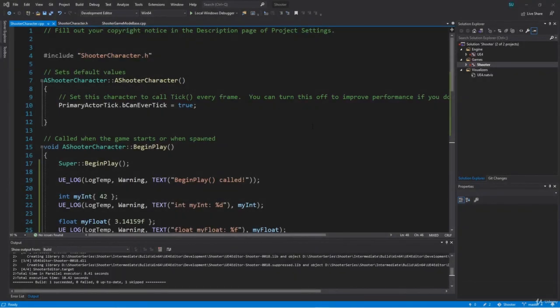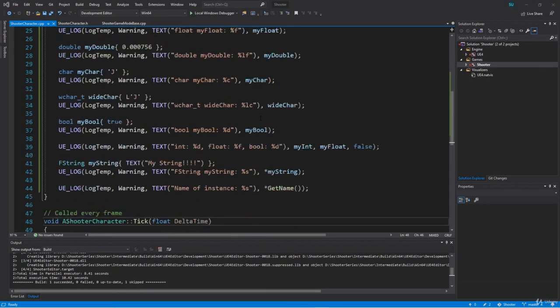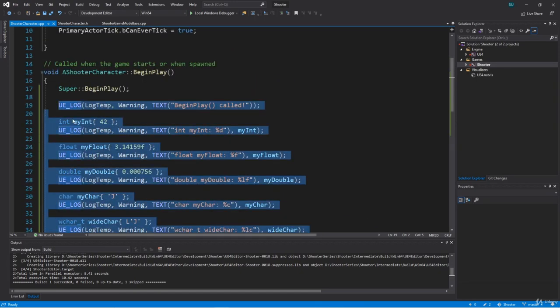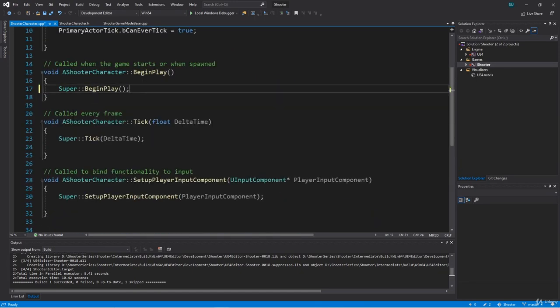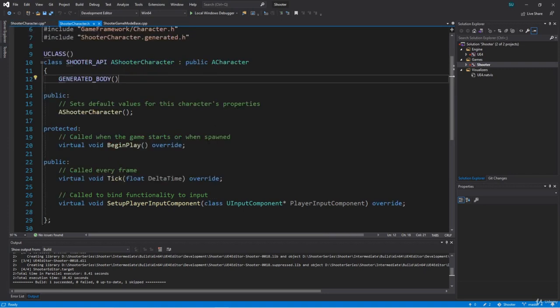Okay, so we've seen in the last video some examples of how to log to the output log. Now I'm going to go ahead and remove these from begin play since we don't need them right now. But just remember, you can download the code for each section of this tutorial series so you can have that for your reference. For now, we're ready to continue with our shooter character, and we're going to start by creating